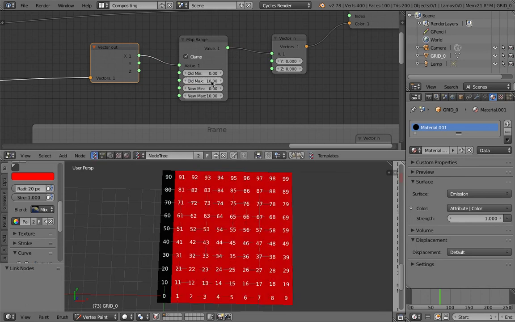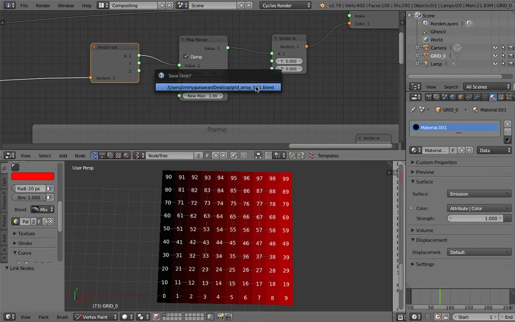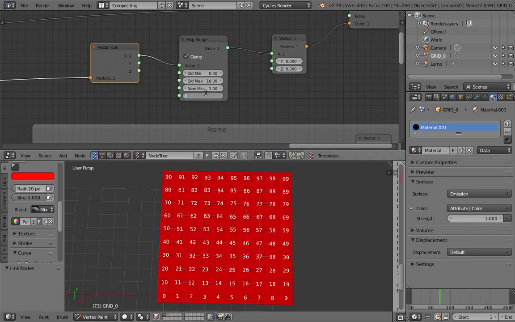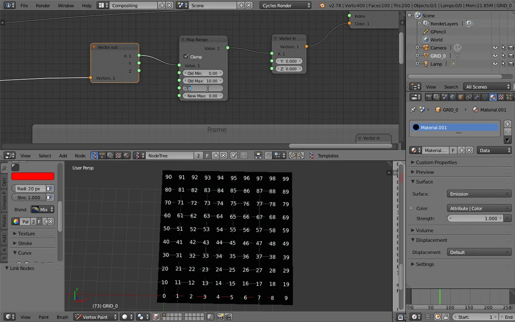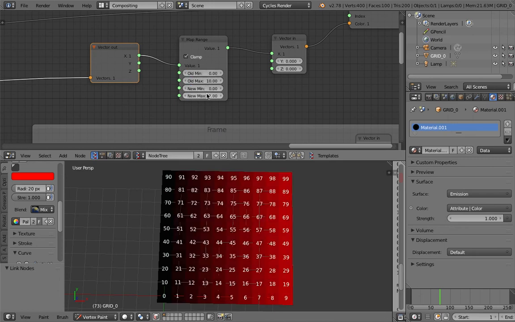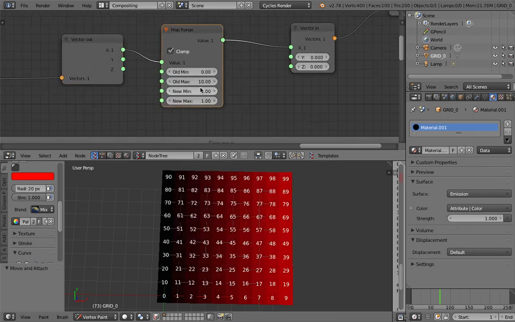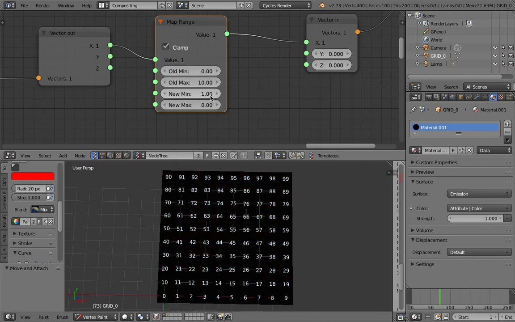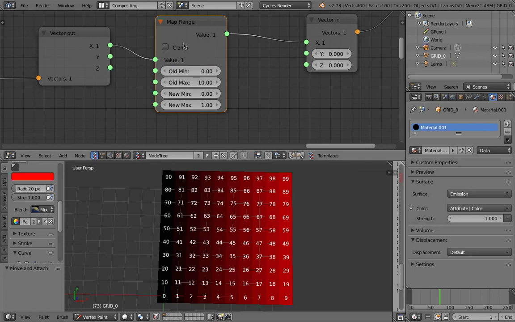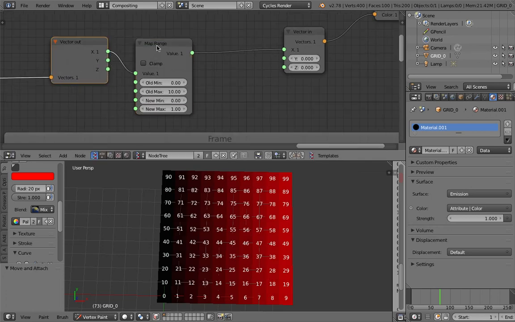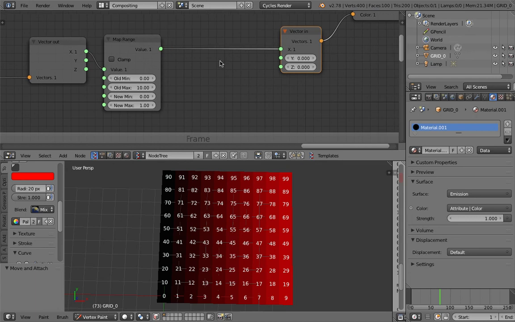0 to 10 becomes 0 to 1, clamping on and off. I don't know. You see, we already have a gradient from 0 to 1. Sverchok map range actually doesn't go the opposite way. 0 to 10, you cannot just lerp it to become 1 to 0. It's not right. In order to reverse it, I guess you can use